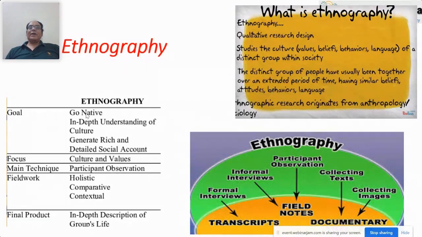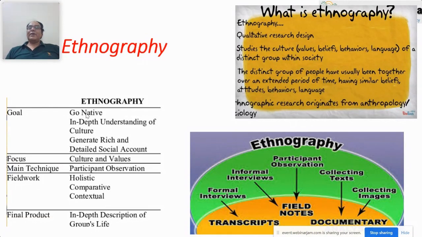Now, how can you write a paper based on ethnography? There are a few requisites. Number one, you have to spend your time in that culture. You must observe the culture. You must communicate with the people within that culture. You must study the history of the culture.